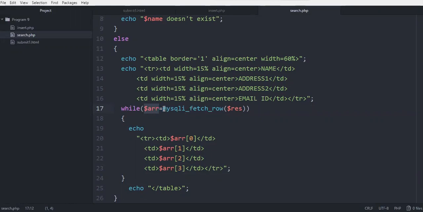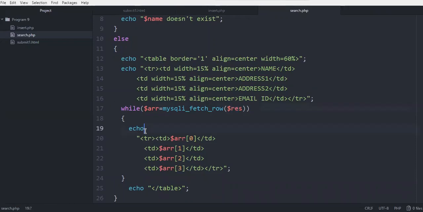You have a function here, mysqli_fetch_row of $result. Now what is stored in $result? The select query, that is, the values fetched by selecting from the database, are stored in $result. So now you have to display it in the form of a table. So we are making use of the while loop. If our result contains 2 values, this loop will execute 2 times. If it contains 3 values, this loop will execute 3 times.